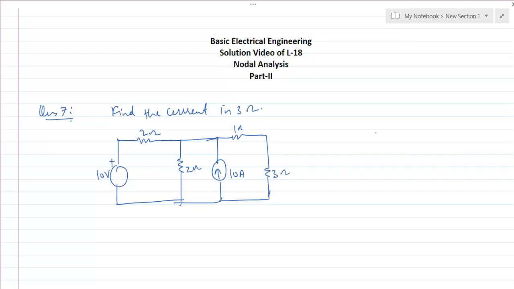The question is find the current in 3 ohm. ठीक है, 3 ohm में हमें current निकालना है using this circuit, and this circuit is very easy and very simple. As you can see,